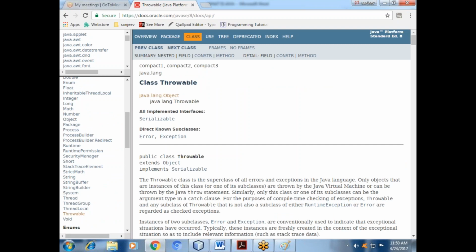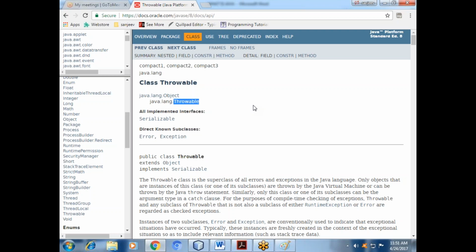See, the Throwable class. The super class is Object, java.lang.Throwable. It has a Serializable interface, which is called a marker interface, and it has two subclasses, Error and Exception. Got it? Error and Exception. It has two subclasses inside Throwable.